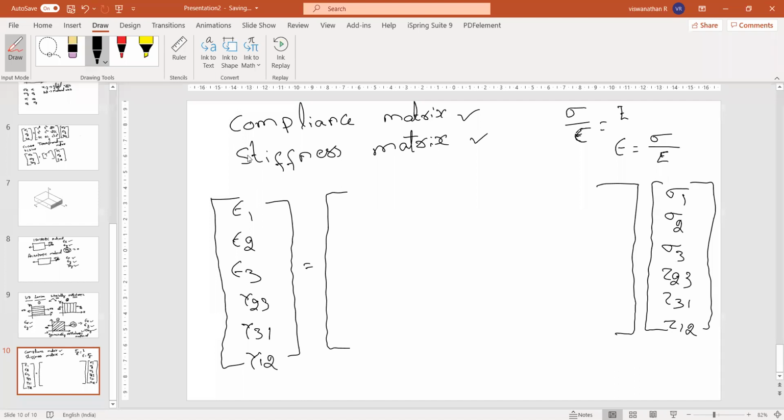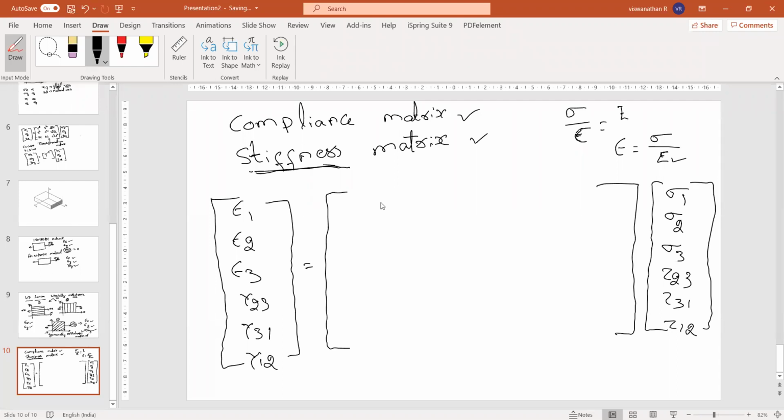What did I say about stiffness? Stiffness is proportional to, dependent on what? Elastic modulus. Okay, so what will come here? 1 by E. You have strain here, you have stress here, so what will be here? 1 by E, inverse of the modulus. Are you talking about the stiffness matrix or the compliance matrix? Compliance, sir. Compliance matrix. Okay.